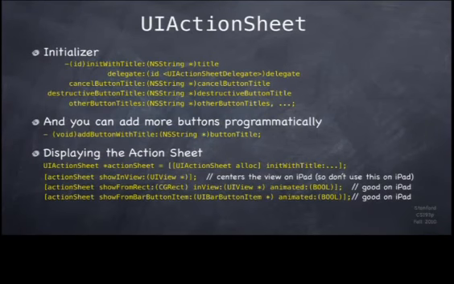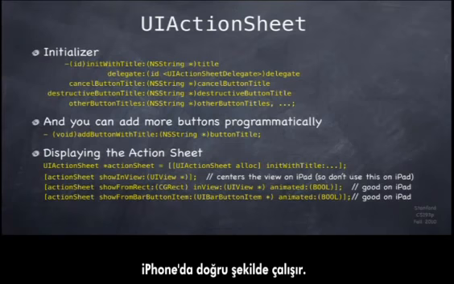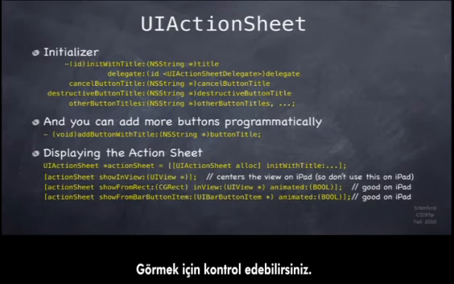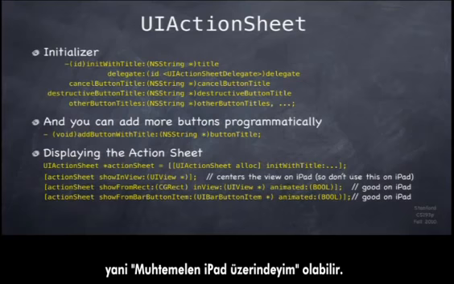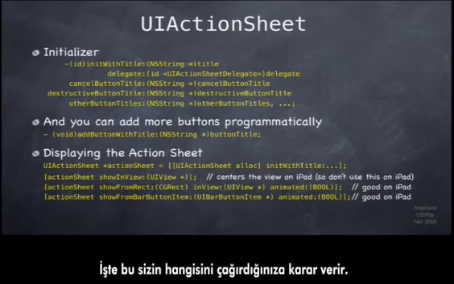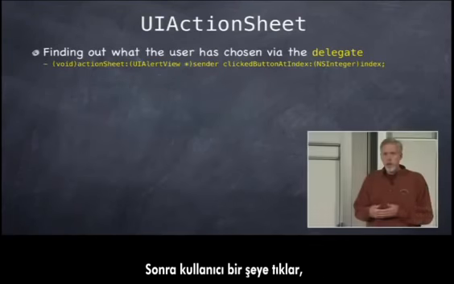Sorry. So the last two are ones you want to use on the iPad. You could also use them on the iPhone, and they would do the right thing on the iPhone, which is they slide up from the bottom. That's pretty much all that happens. But this is a case where you might have some platform-specific code, where you're checking to see, because you'll know usually by whether you're bringing it up from the bar button or from a rect. It's like, oh, yeah, I'm probably on the iPad. So you probably have something else that tells you you're on an iPad that decides which one of these you call. So anyway, you call show, and then what happens is the user will click on something,